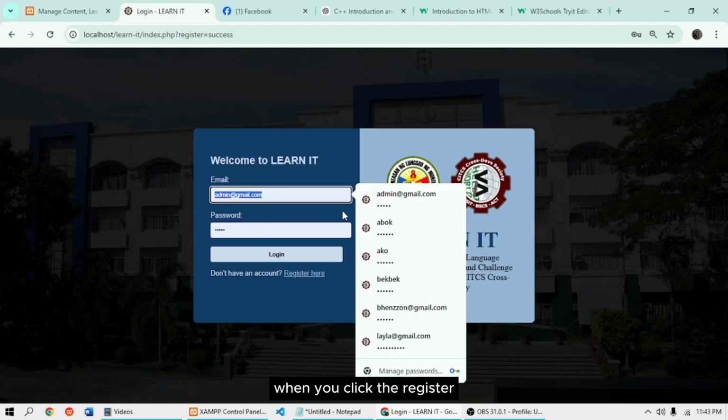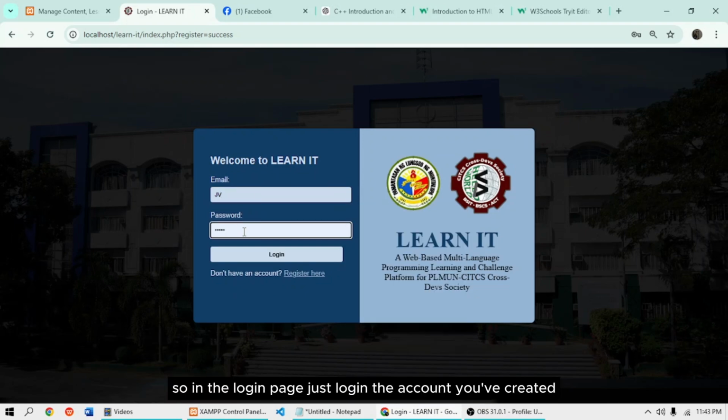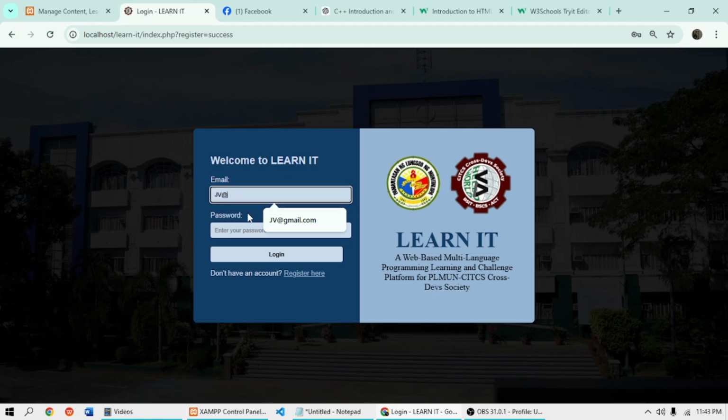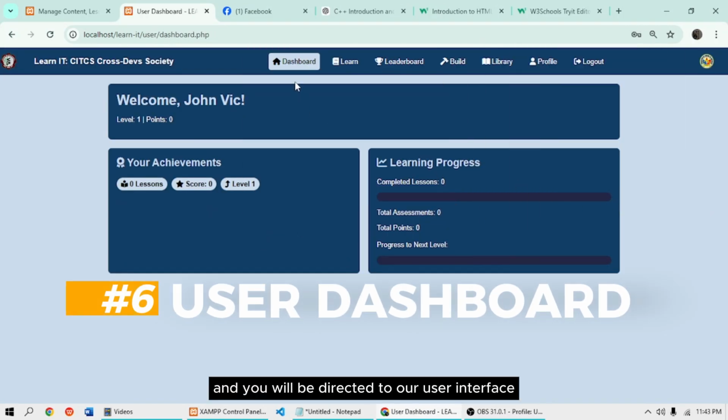When you click the register, it will be input automatically to our database. So in the login page, just log in the account you've created. Then hit the login button and you will be directed to our user interface. This is the user dashboard.